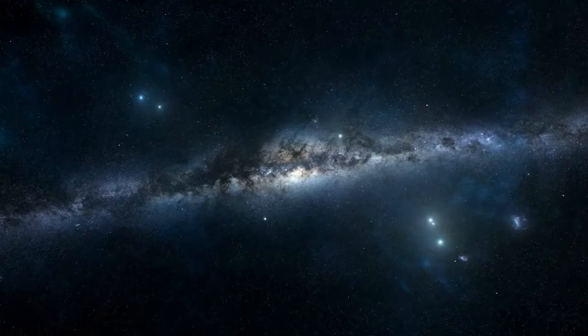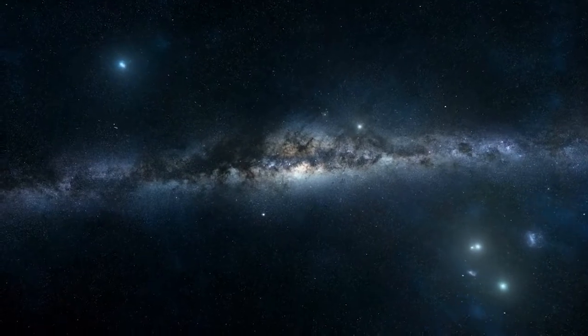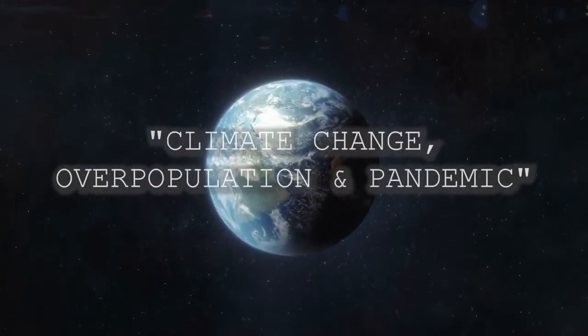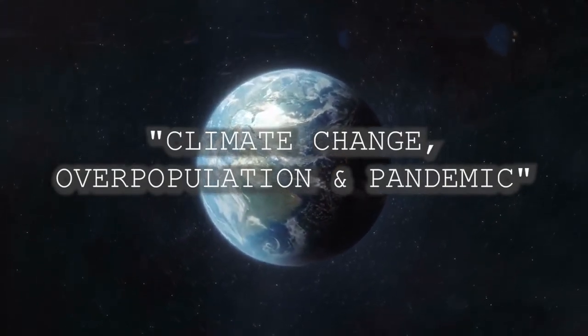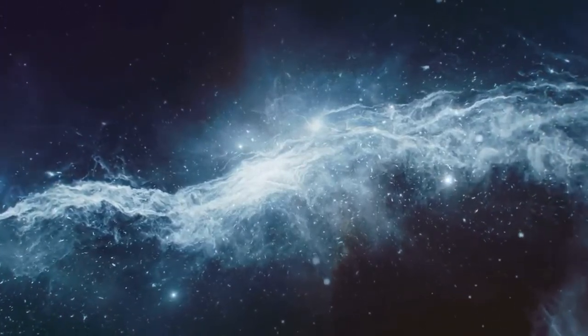These days, it seems like everyone wants to go into space. Some even want to build a nation in space. With global threats like climate change, overpopulation, and pandemics lurking around every corner, it's always good to have a backup plan ready. The obvious plan is to reach out into space and discover places where we can build colonies away